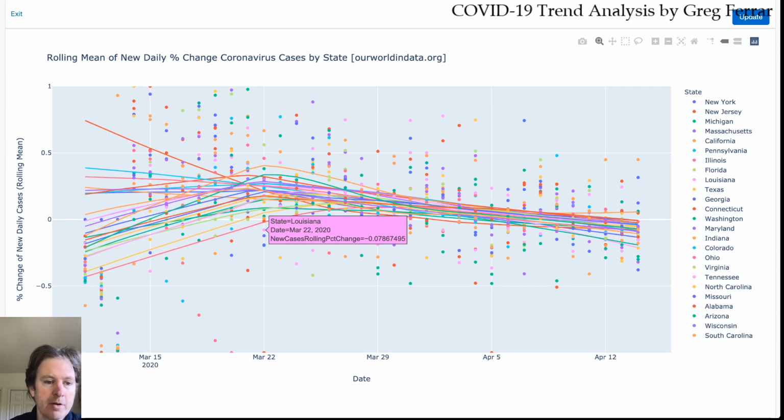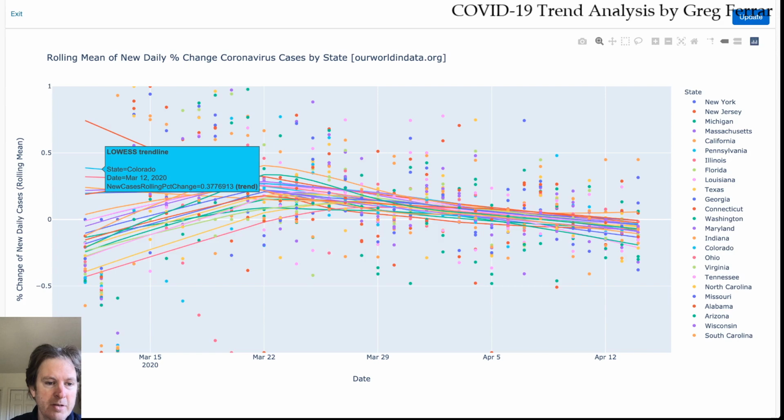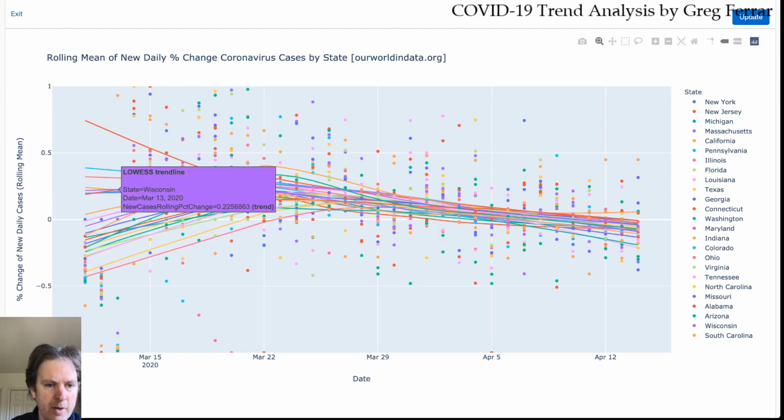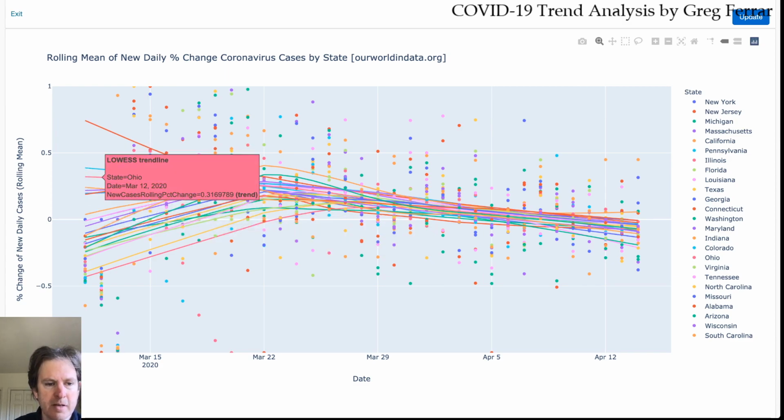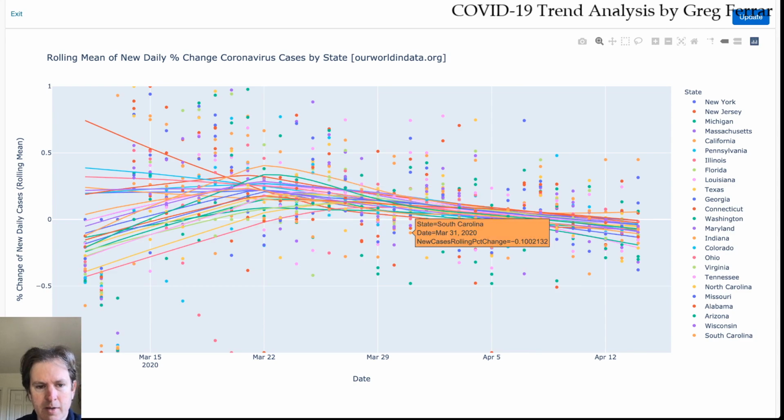Everyone rising together. There were a few of them that were flat that had already reached there, like Colorado and Ohio, I guess. Not sure. But those appeared to have been ahead of the curve in some sense. They'd already peaked and maybe have been heading down. Definitely have been heading down ever since. But